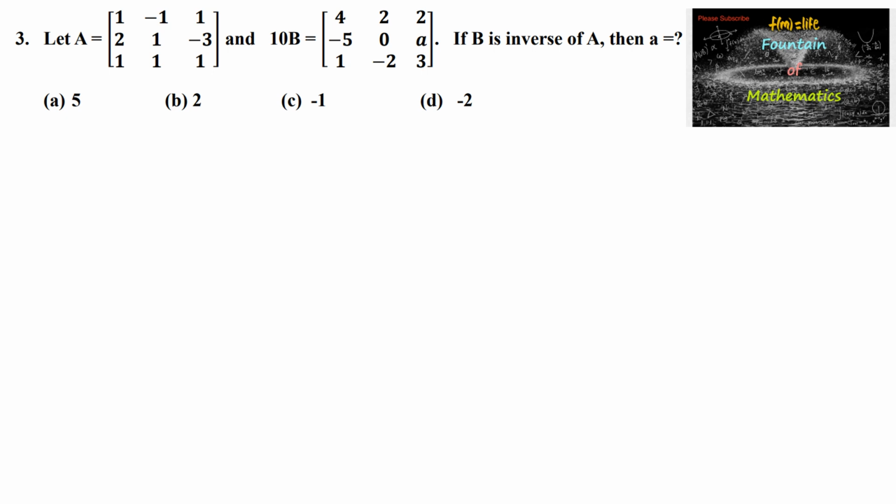Let A be the 3 by 3 matrix [1 -1 1; 2 1 -3; 1 1 1], and 10 times B is equal to the 3 by 3 matrix again, [4 2 2; -5 0 a; 1 -2 3]. If B is the inverse of A, then find the value of small a. If B is the inverse of A, we can write,